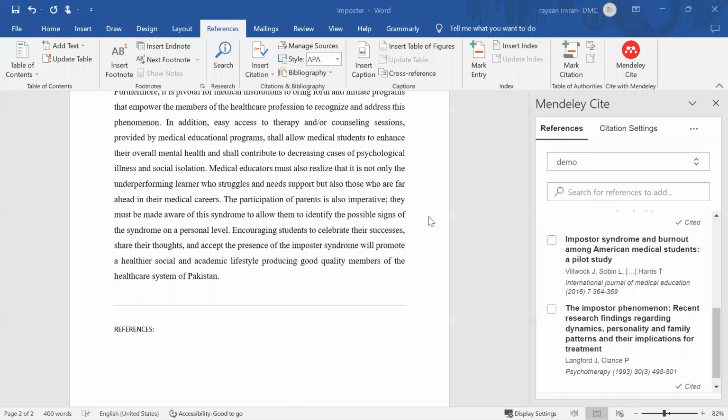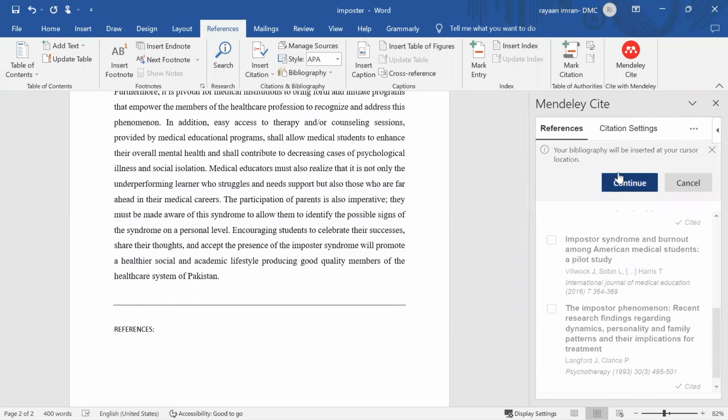So going back, I'm gonna click on the references part. Here I went down, okay. And then I go to these 3 dots. Can you see these 3 dots, guys? I'm gonna click on this, and I'm gonna click insert bibliography. The references, simply put, that is the bibliography. And then your bibliography will be added to your cursor location.